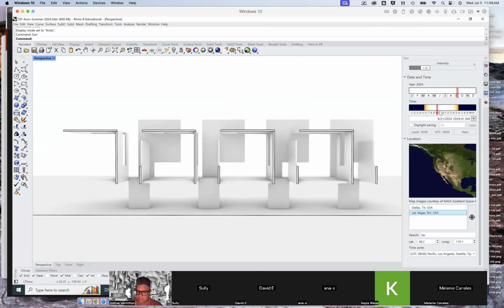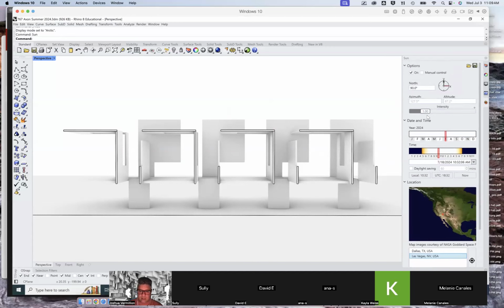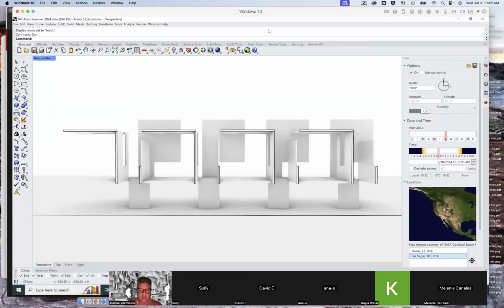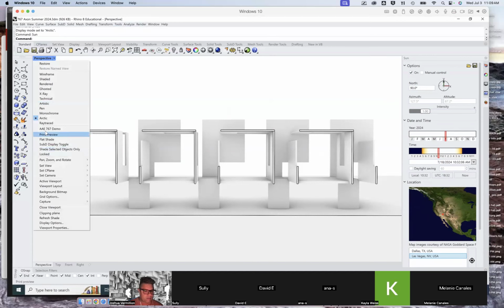And I can give it a particular time of day. And it doesn't look like I actually have crisp shadows turned on. Let's see here. I wonder if that's an Arctic mode setting. So maybe instead of Arctic mode, I'm going to pick